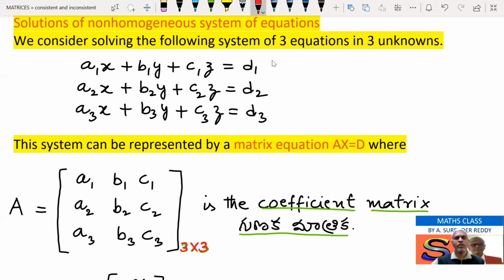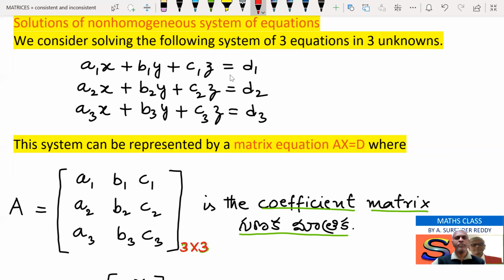We consider solving the following system of three equations in three unknowns x, y, z. మూడు చలరాశులలో ఈ క్రింది మూడు సమీకరణాలను పరిశీలిస్తే